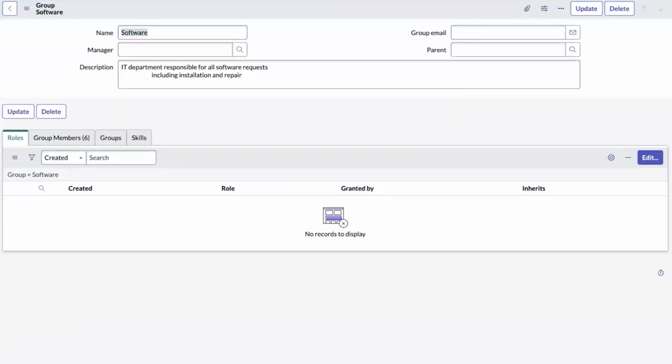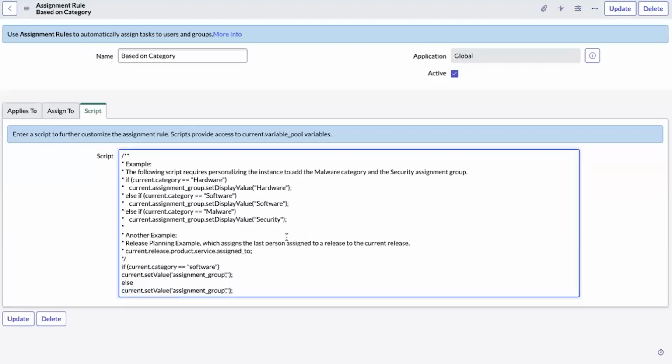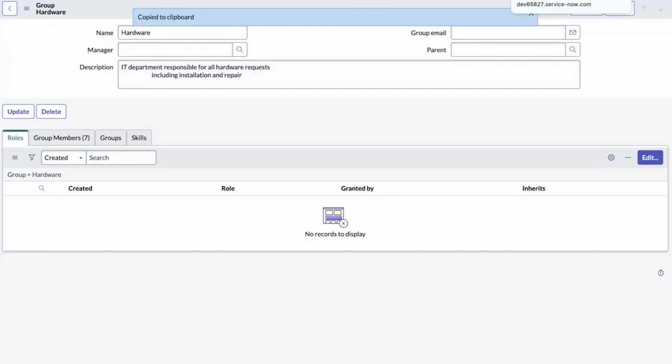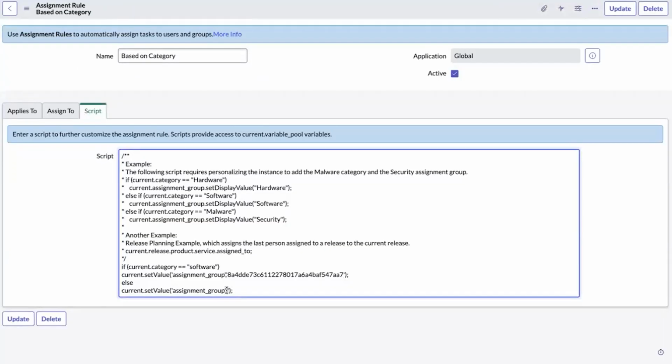So I'm going to give a SysID. SysID is a good option when we are setting a value rather than name. Let's give hardware, if category is anything else other than software. Let's do this. I think all is set. Let's save this record